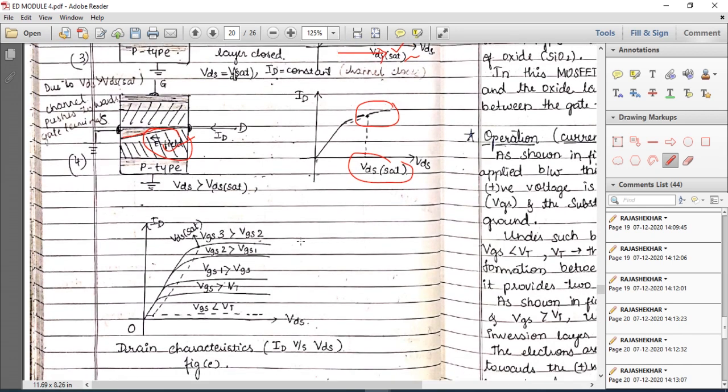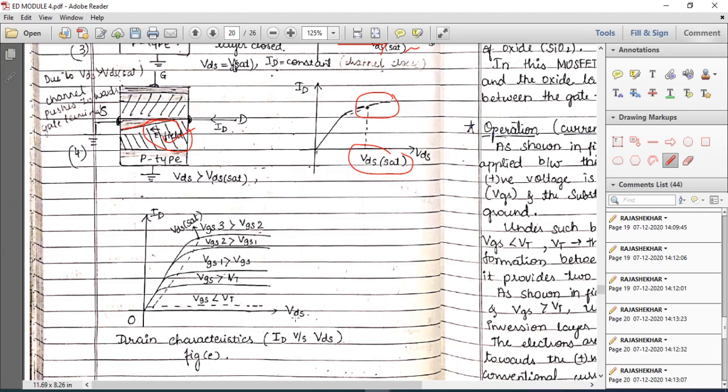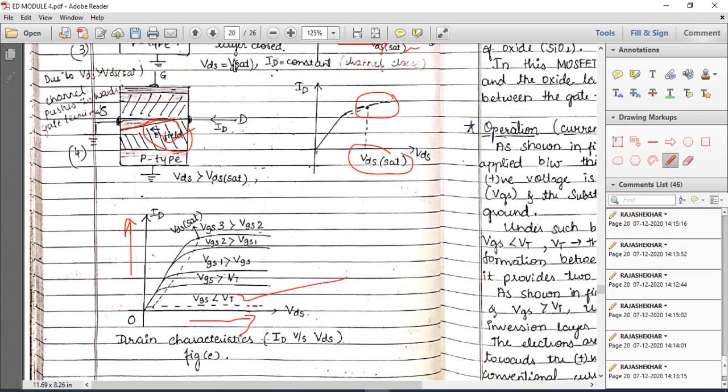Now, what is shown here is the complete drain characteristics of the N-channel MOSFET. Along the y-axis I have ID, along the x-axis we have VDS, where VGS is the gate to source voltage. Based on VGS, we can turn on or turn off the N-channel MOSFET. Initially VGS is less than VT, so there is no drain current. Therefore, this dotted line shown here indicates that the current across the MOSFET is almost 0.